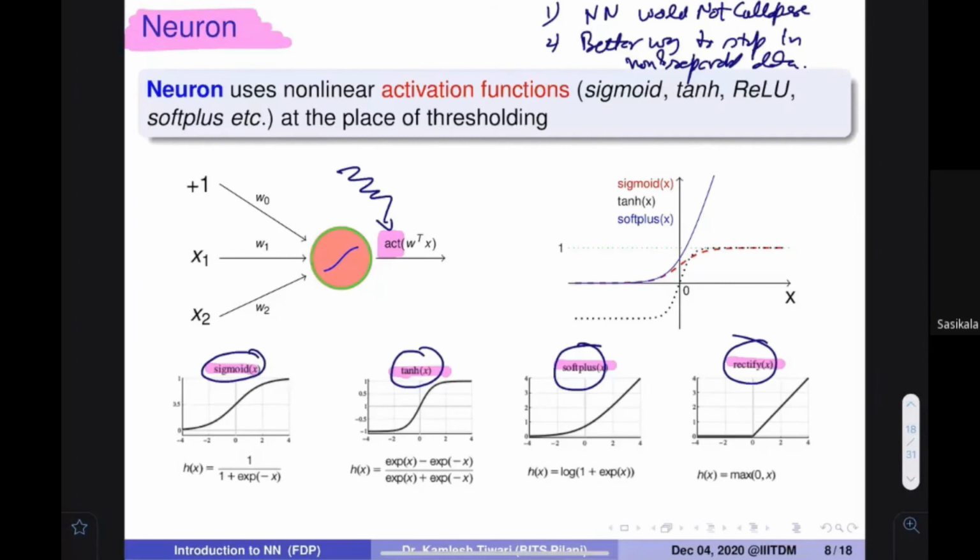Okay. So we are going to apply a thresholding function, activation function, and when you apply these activation functions, then my perceptron is given a new name, that is called the neuron. Make sense? Okay. Now, if everything is clear, then I can go to the next thing. Everything happy? Okay.